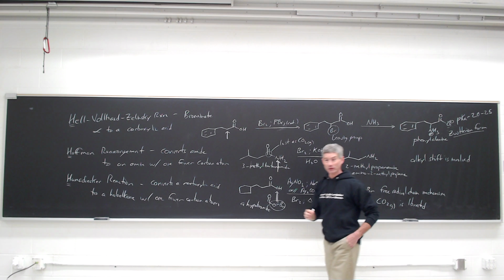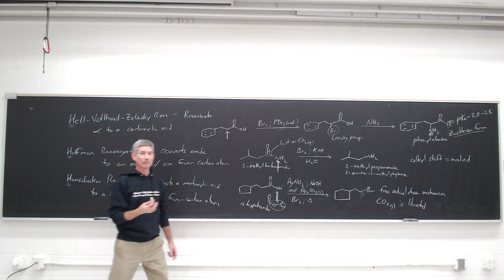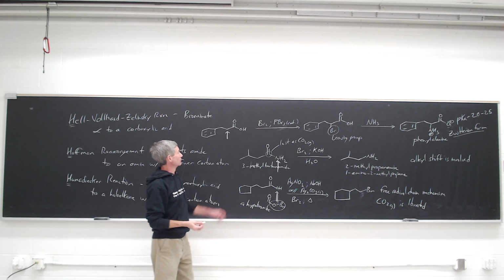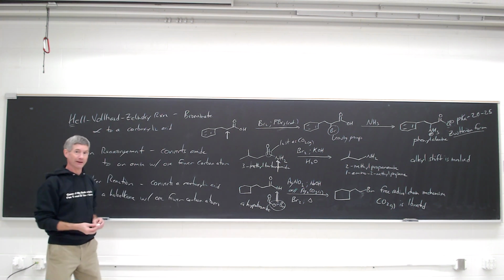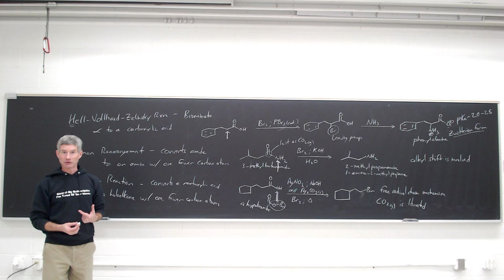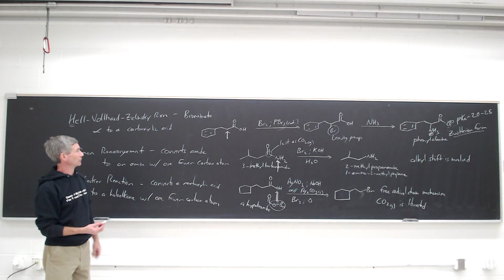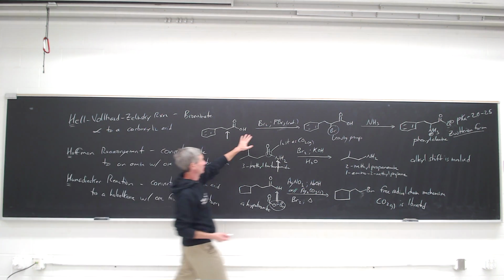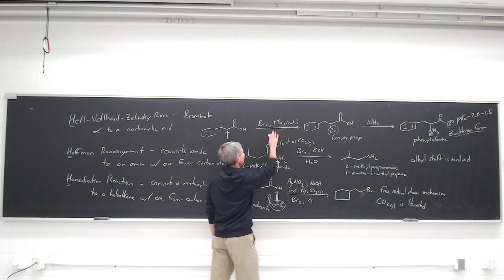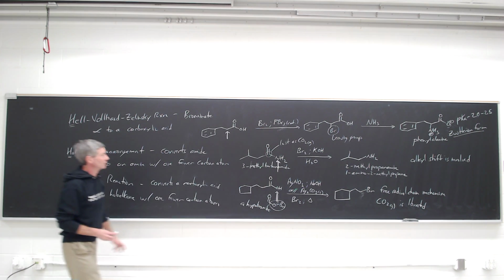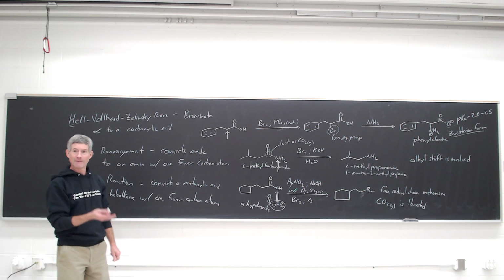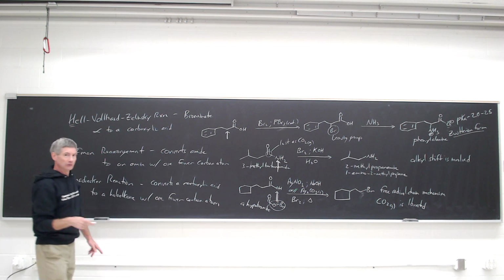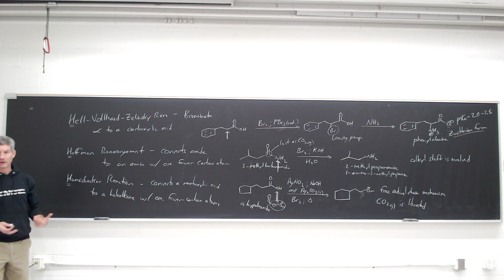And the Hell-Vollhard-Zelinsky reaction is a multi-step pathway that begins with converting the carboxylic acid to the corresponding acyl bromide, and then tautomerization to the enol before the bromination occurs. Since this is under mildly acidic conditions, HBr is significantly acidic. So those are the three reactions, and what we want to do is take each one of those in turn and look at the mechanism for the